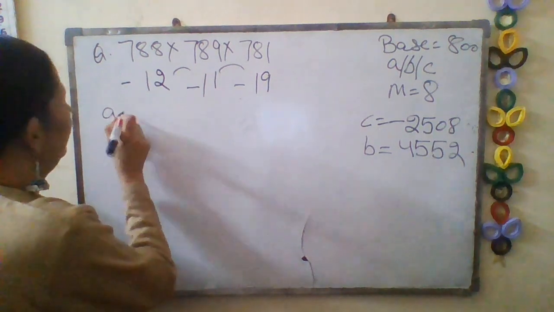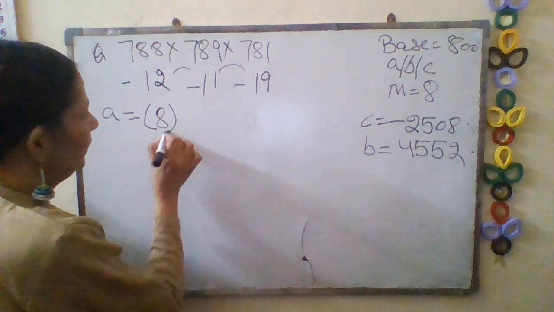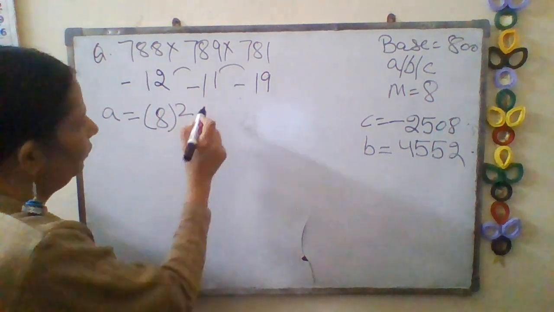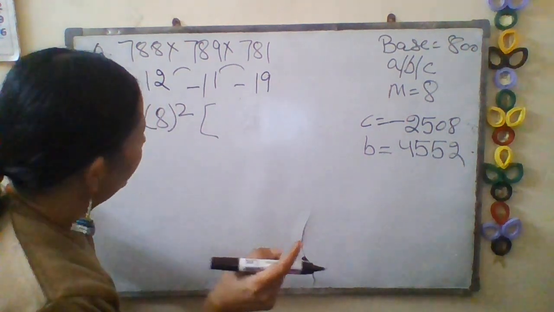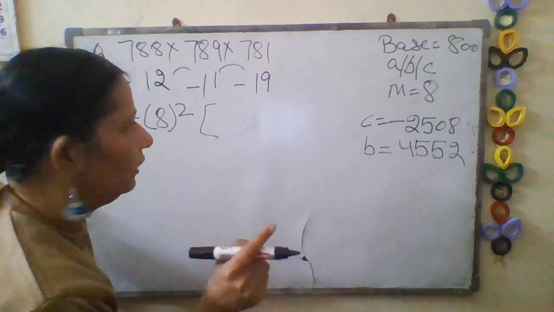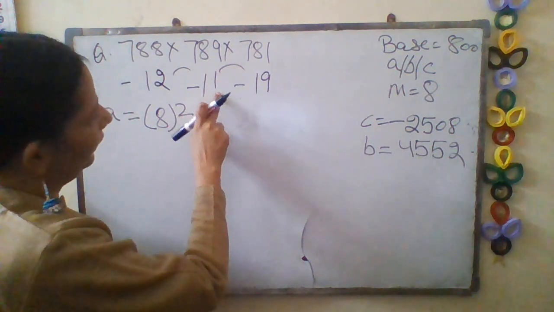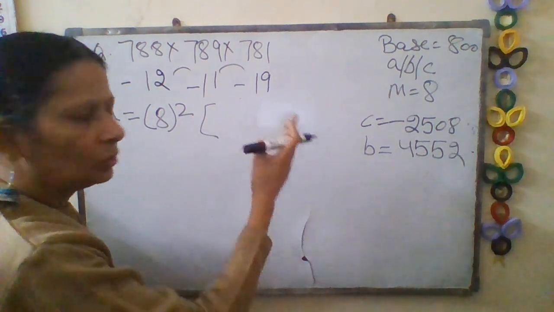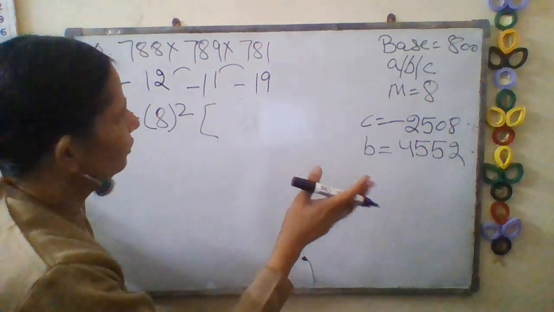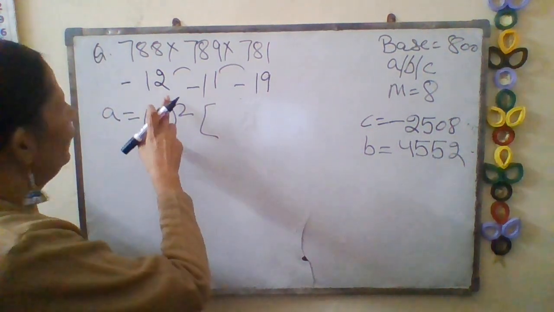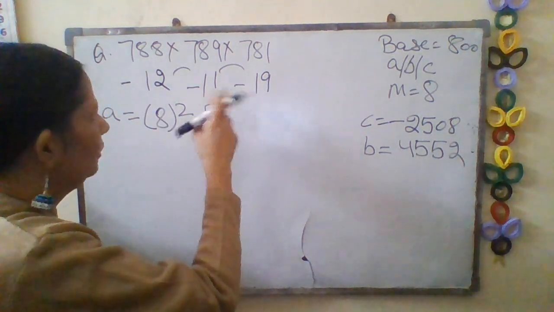So to find the value of A, you know the multiplier is 8. So write down the square of your multiplier. You have to write down the square of the multiplier. Now in all my previous videos I have told you that you have to make your calculation easy. Now you see if you add 11 and 19, in your mind you can clearly say this is 30 and there is no need of carry forward or something else. Okay, but if you do 12 plus 19 then you will add carry forward.